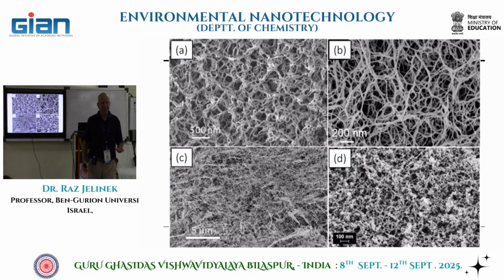The reason it's transparent and it's light is what you can see here. This is an electron microscopy image of aerogel made of nanocellulose fibers. See all these